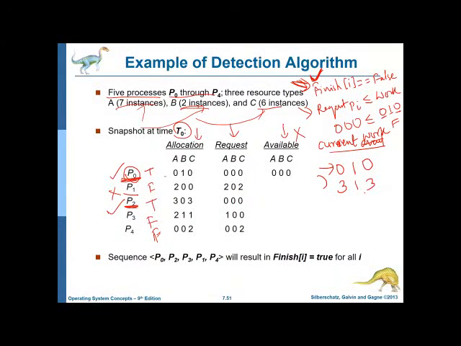See this? Since the availability pool has increased, now we could satisfy P1 if we wanted. We could have done that right now. But let us go forward for some more. Okay, we'll go forward and then come back to P1.